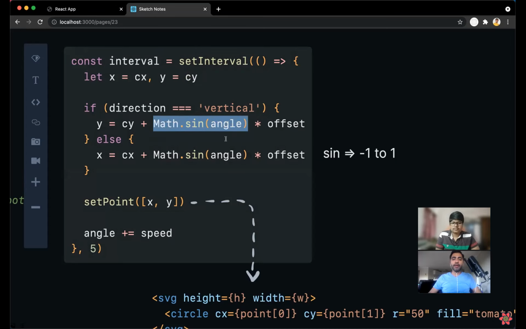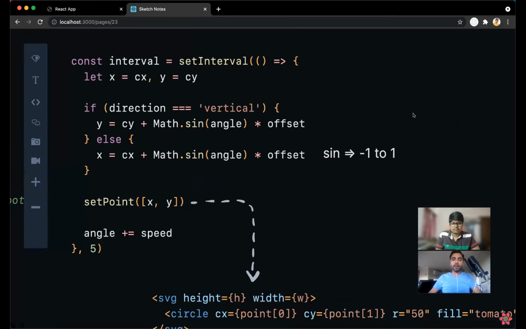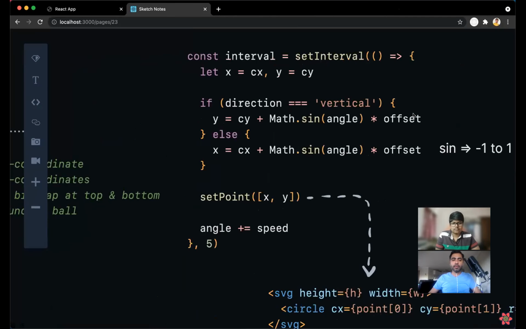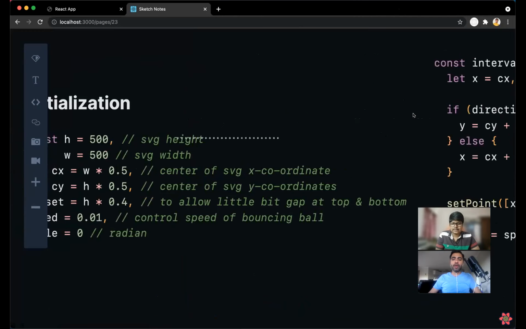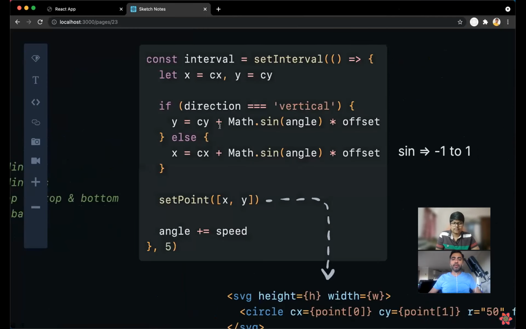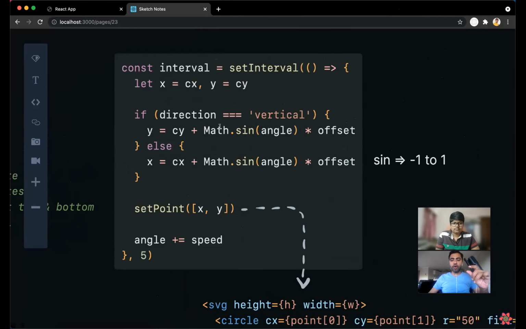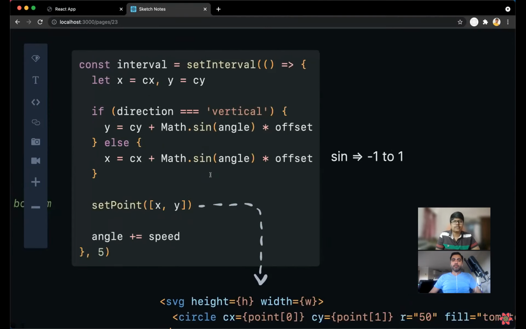And multiplied by offset. That is the 0.4 that you were saying earlier, right? Yeah, just offset to give some margin. Otherwise, from center point, it won't leave any gap in the top or bottom. It will go beyond that. So what you're saying is, based on the sine value, you can have from -1 times the full offset to 1 times the full offset.